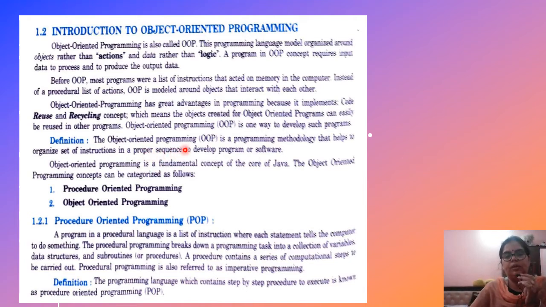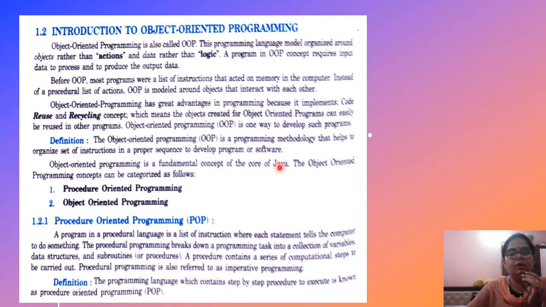Object-oriented programming is a methodology that helps to organize a set of instructions in proper sequence to develop a program or software. In this we have to understand that in object-oriented programming, students, what we do first is collect our data and then organize it. In a simple example, if you have to cover your copy, what are you going to do? First you will take a tape, a cover and the copy.